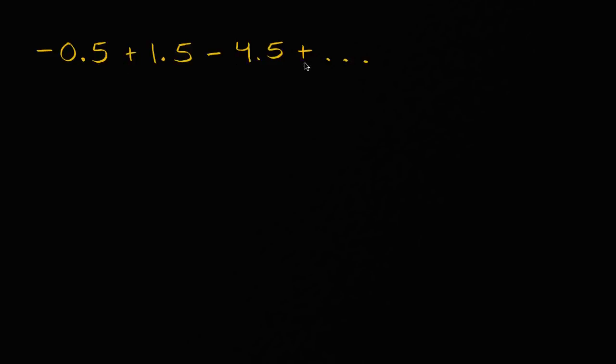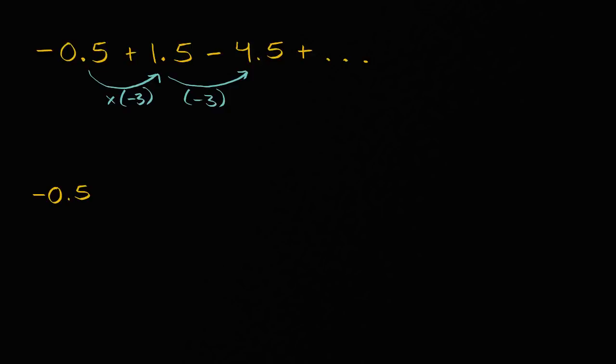So we've got this infinite series here, and it looks like a geometric series. When you go from the first term to the second term, we are multiplying by -3. And then to go to the next term, we're going to multiply by -3 again. So it looks like we have a common ratio of -3. So we could actually rewrite this series as being equal to